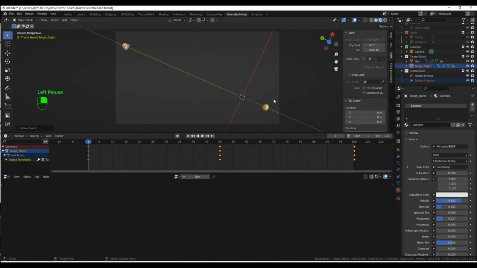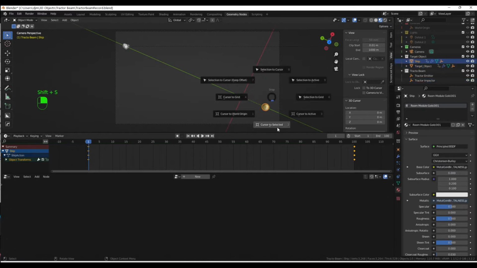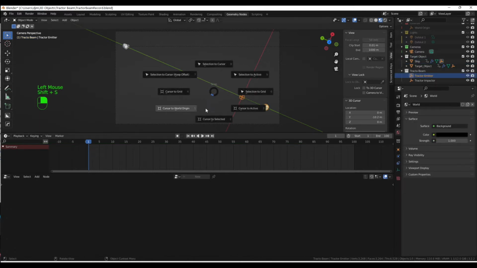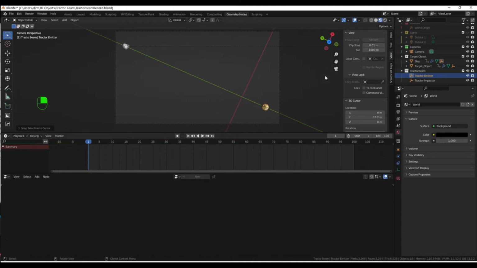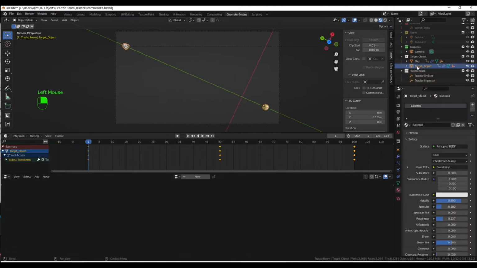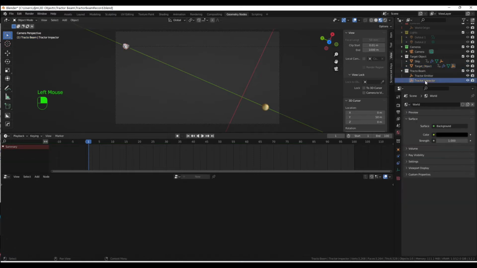They're in the wrong location, so I'm just going to quickly move them to the right place. Use Shift S to move the cursor around, and then use Shift S again to move the selection to the cursor. That's just to put them in the right place. Sorry, I should have done that first, but never mind. Okay, so now that they're paired up, and you can see the empty moving appropriately,